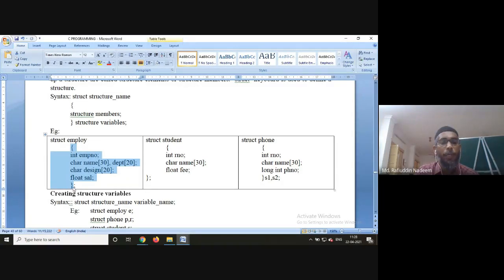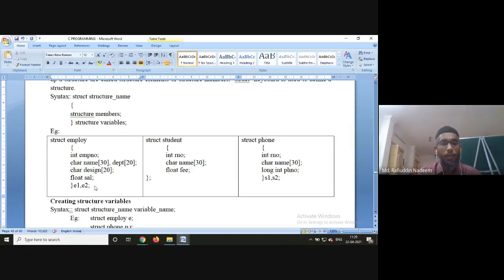Once you finish the brace, at this point, you should give the variables of that structure type. Got it? You have to give them outside, after the brace here. You can give them here, or you can write like